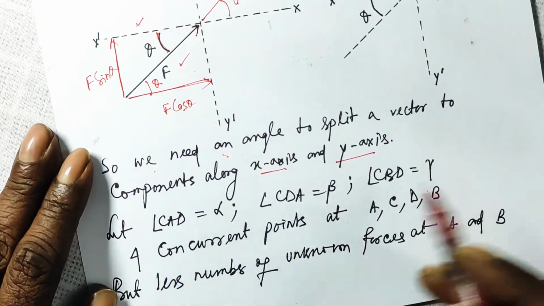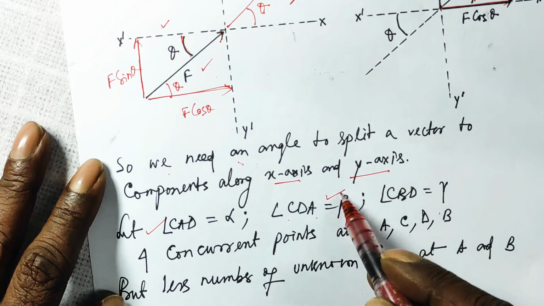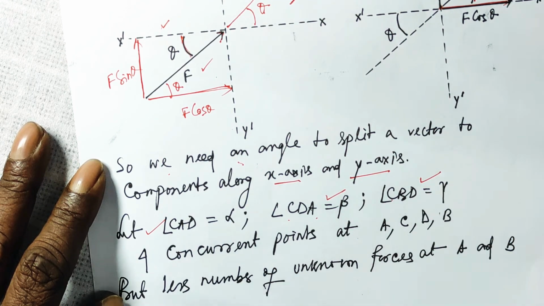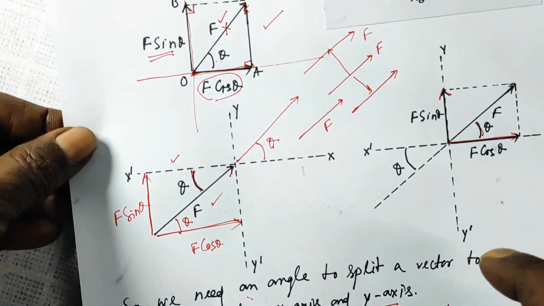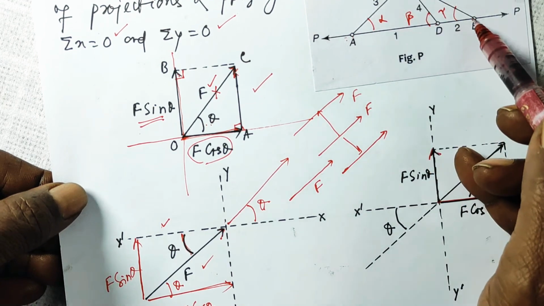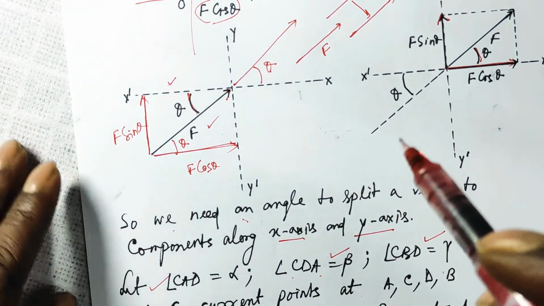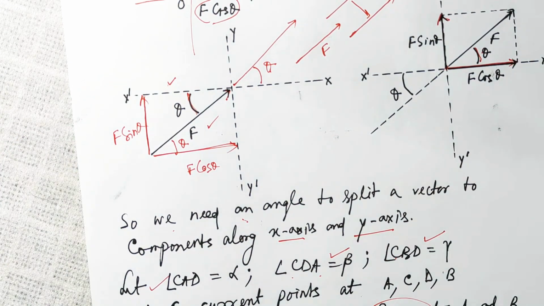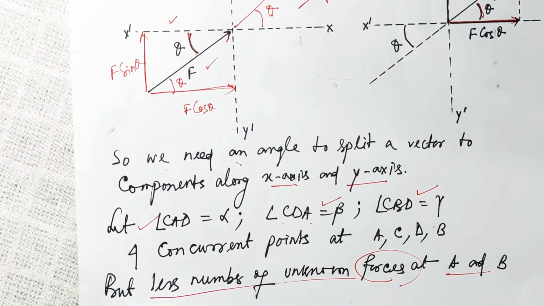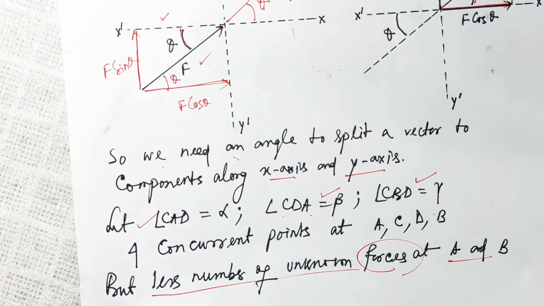Therefore I have assumed angle CAD is equal to alpha, angle CDA is equal to beta, and angle CBD is equal to gamma in the given diagram. Now if you look at the given diagram, there are 4 concurrent points: point A, point B, point C, point D. But if you look carefully, there are fewer unknown forces at A and B than at C and D. So it will be wise to